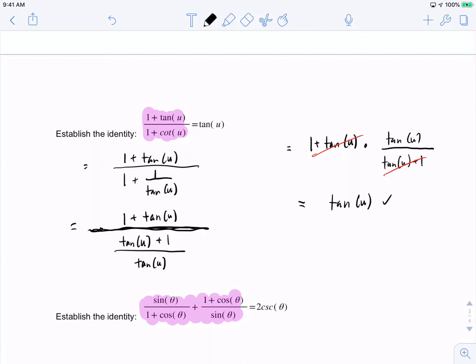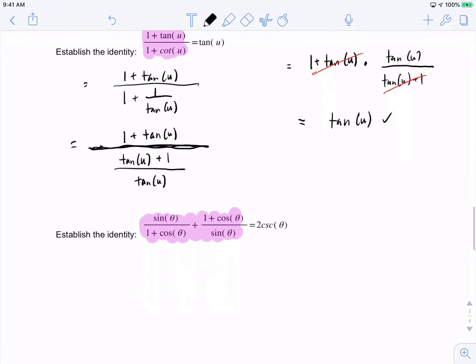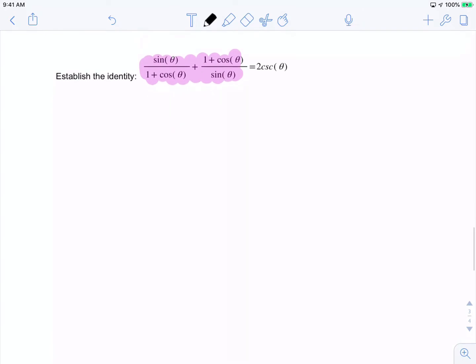Okay, this is a fun problem. This is going to be a little bit of work, but that's okay. So what we're going to do is make common denominators. And since I'm making common denominators, I'm going to multiply each numerator by the other's denominator. And that allows me to write it